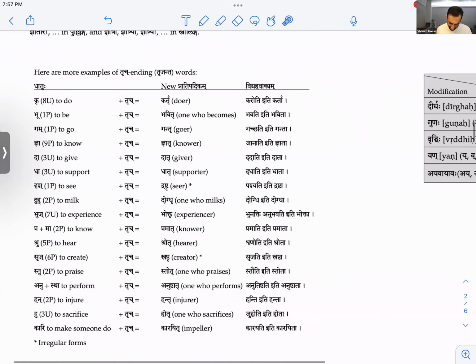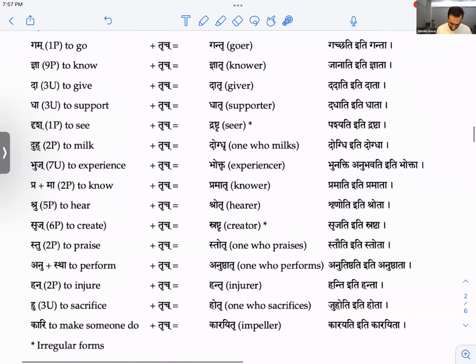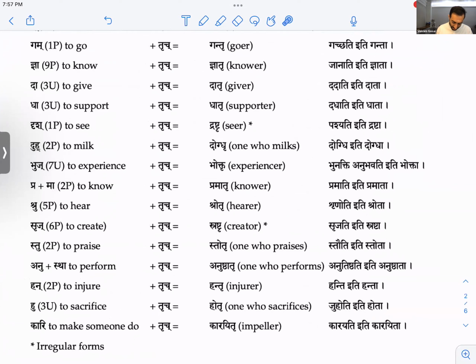Let's look at pramatuhu. So pramatuhu, this is pra upasarga, ma dhatu, to know. Prama, to know. Trich plus dhatu becomes pramatru. The knower. This is the same word that pramana comes from, right? But the knower, pramatru.